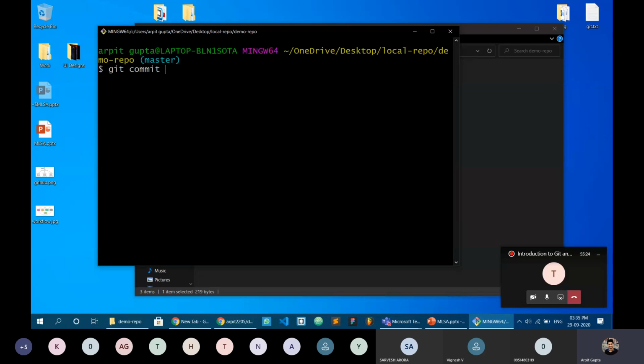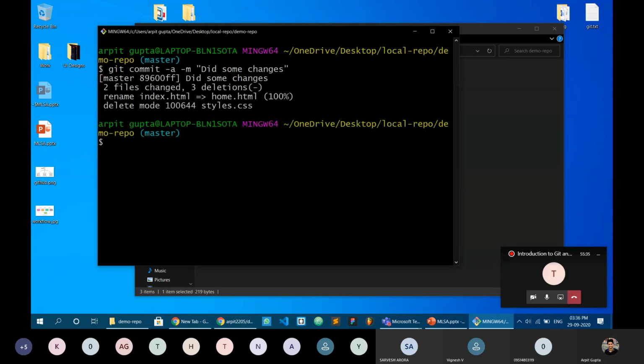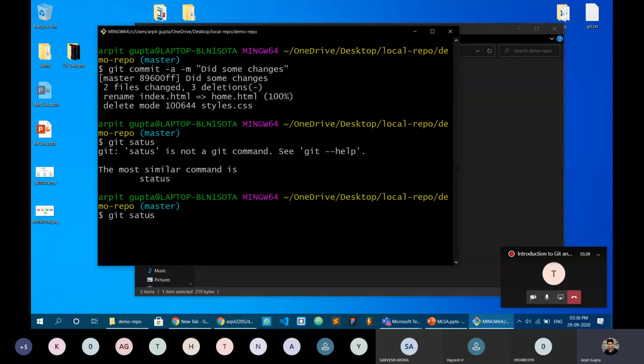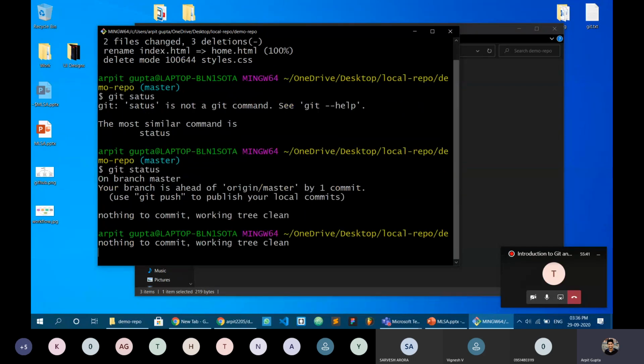Git commit. For now, let's give the message as did some changes. Commit successful. Now if we run git status, okay, typo. You can see there's nothing to commit, working tree clean.